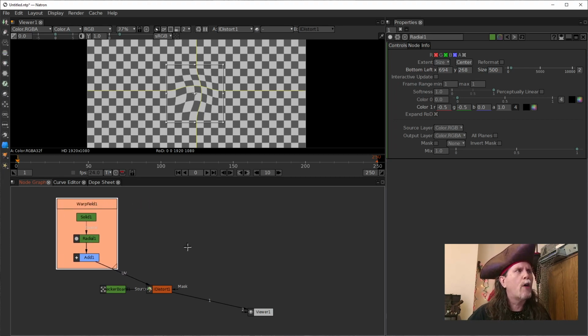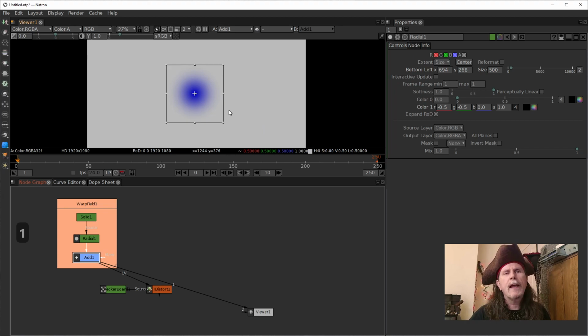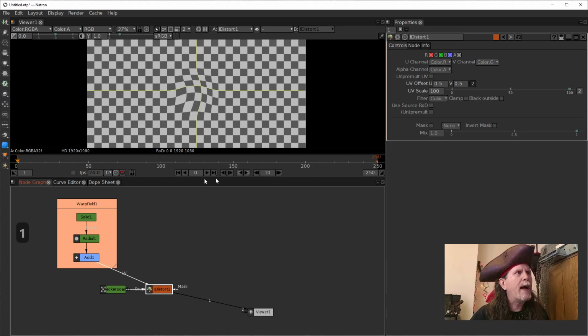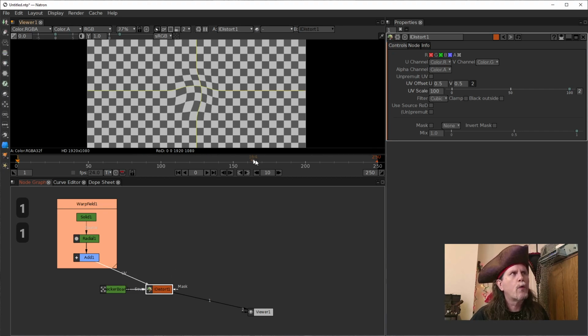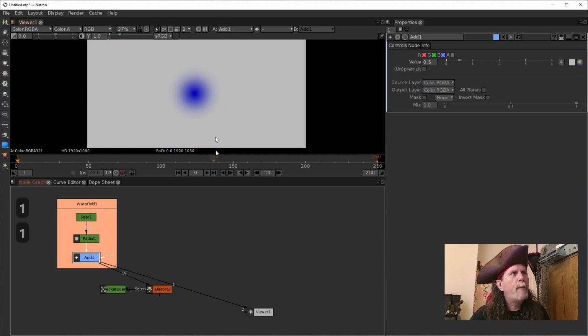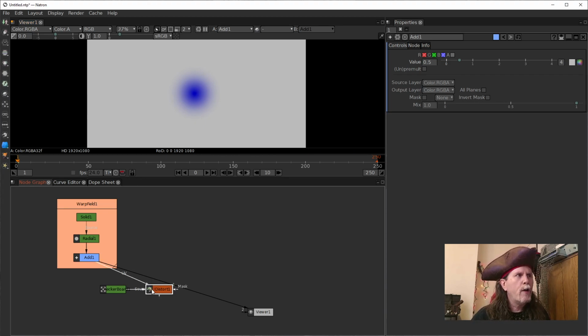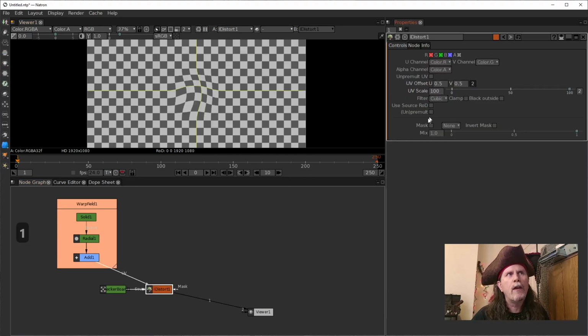I've moved my warp field off to the side, and now we're going to actually have to talk about, we already know that if we look at this as a grayscale, we're dealing with something that's at 50% gray. The reason that none of this outside texture moves from the original texture, which is here, this is the original, our checkerboard, and this is our eye distort, is because back here gray is at 50% or 0.5, and if we look at our eye distort here, we see that our UV offset is set to